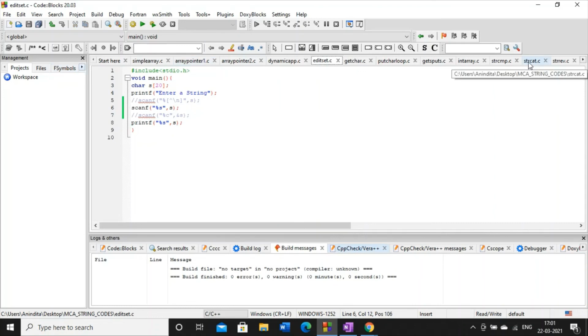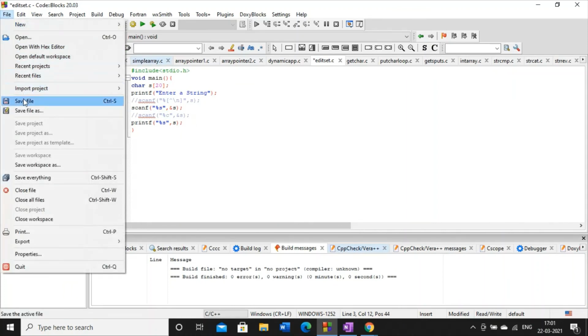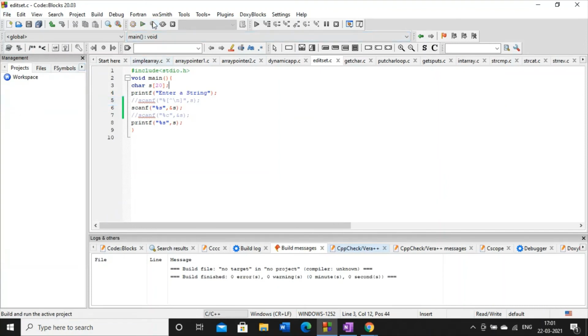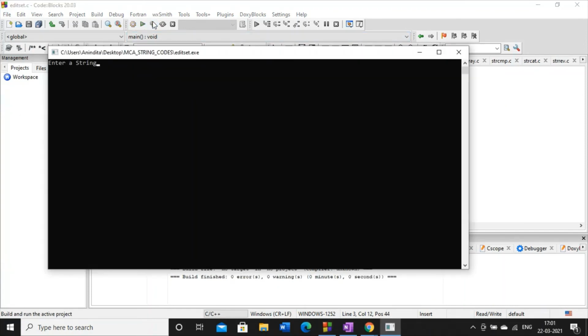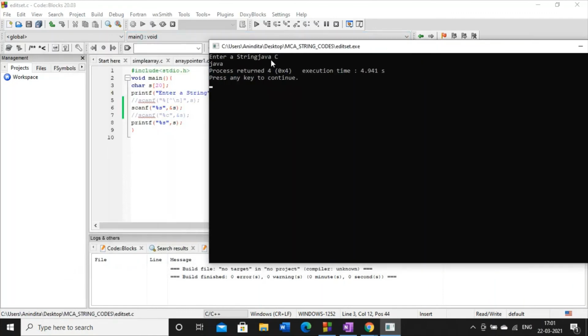The second question that will be asked in the interview is, what happens if I provide ampersand of s with the specifier %s? Will there be any error or not? My answer is there will be no error. Proven? But if I provide any input with space, it will not consider the value after the space.